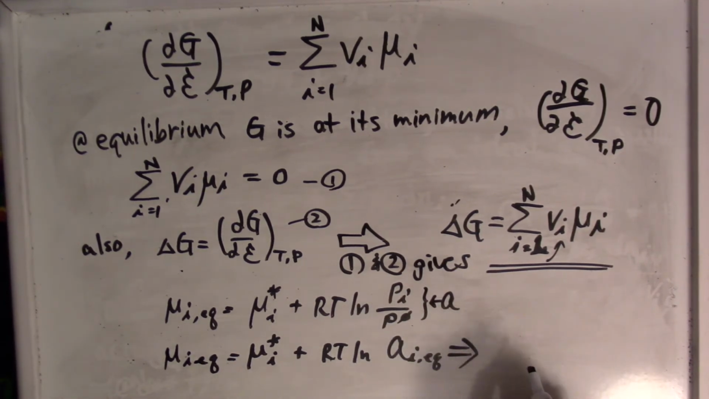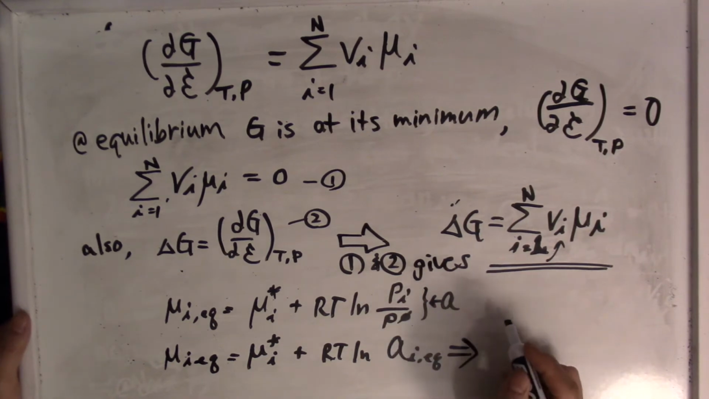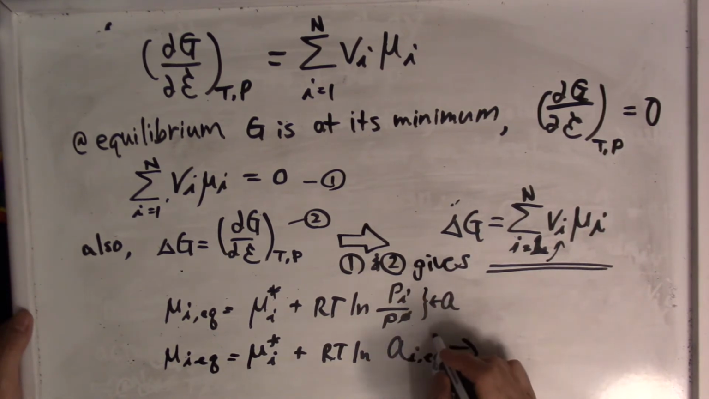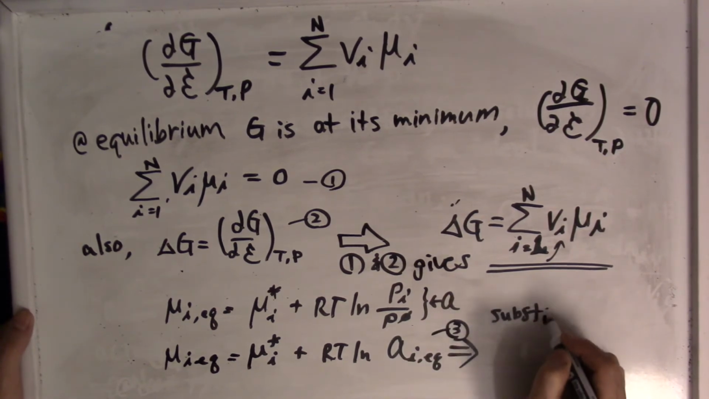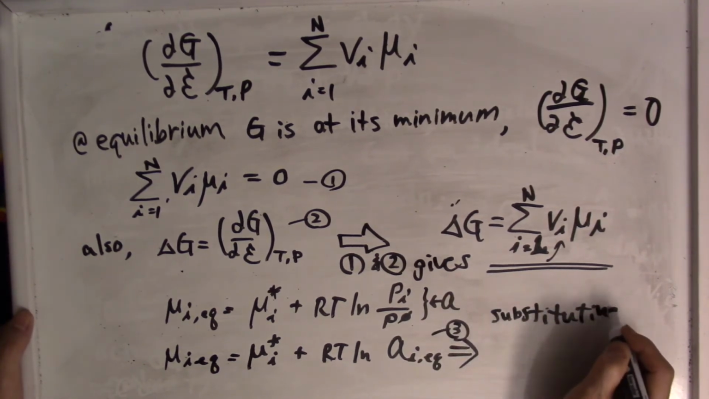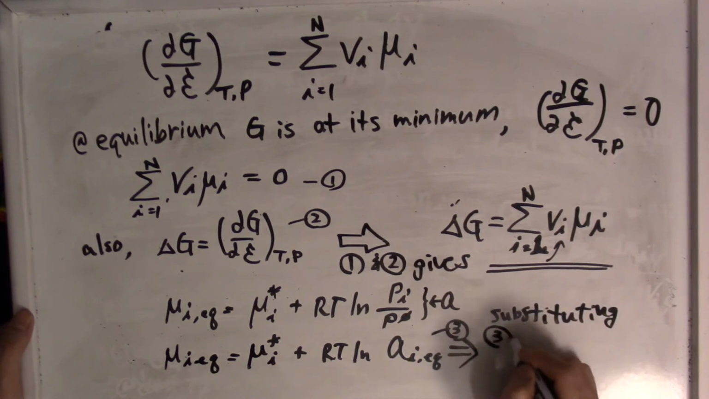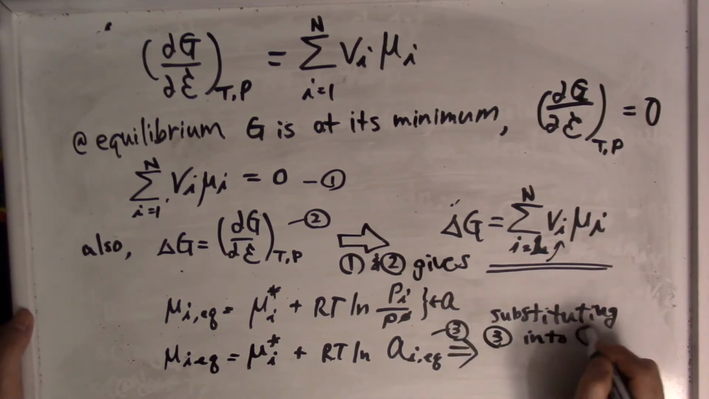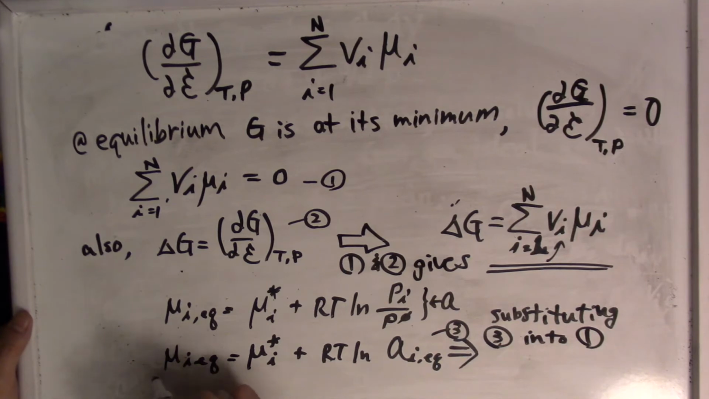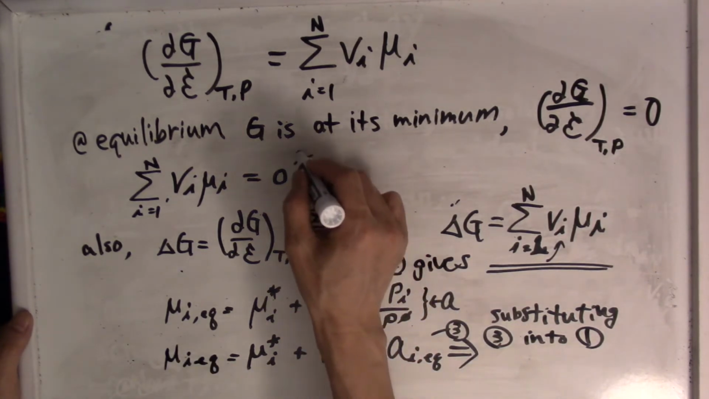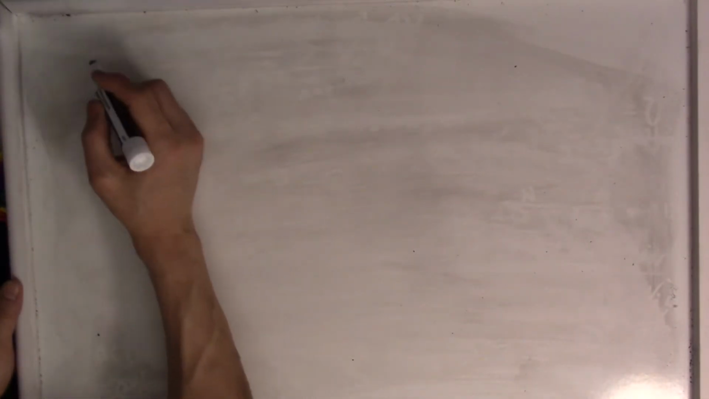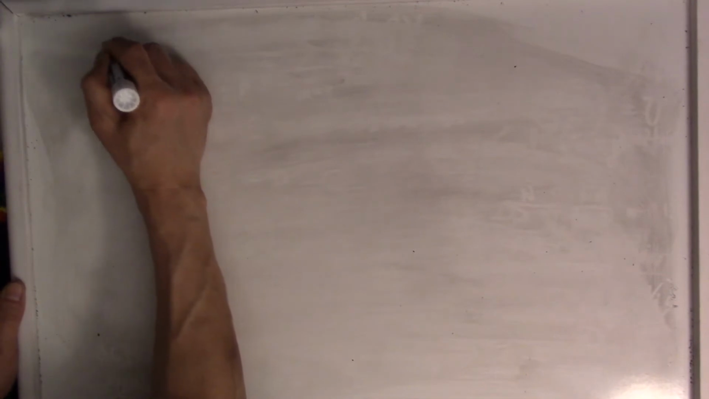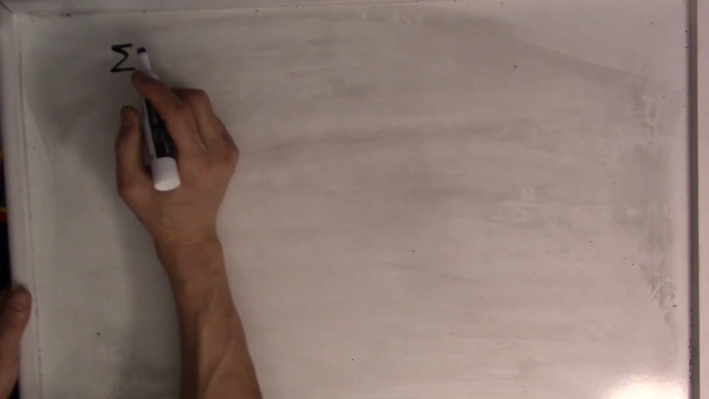So we call this equation 3. Substituting 3 into 1. Now if you substitute this equation into this equation, what happens? When I erase this one, you have the sum of the stoichiometry times the chemical potential